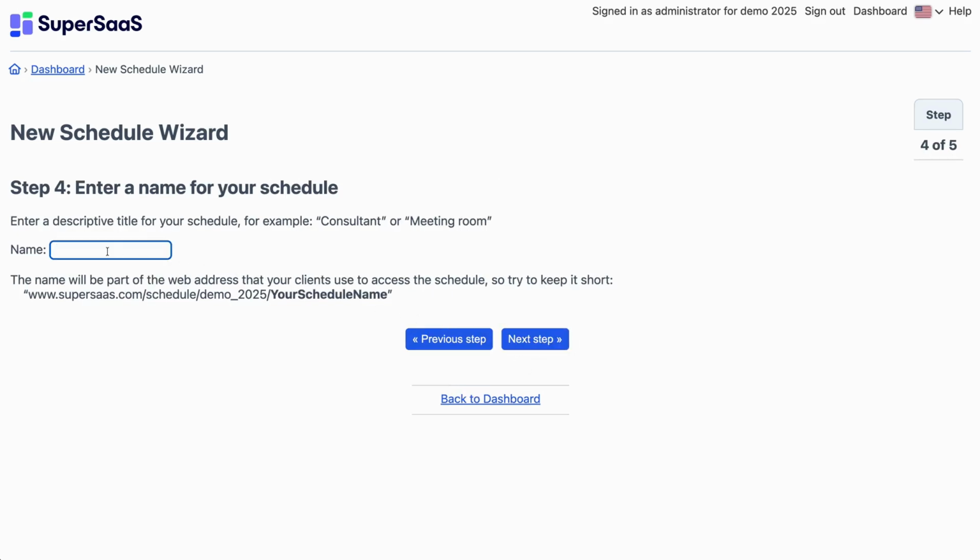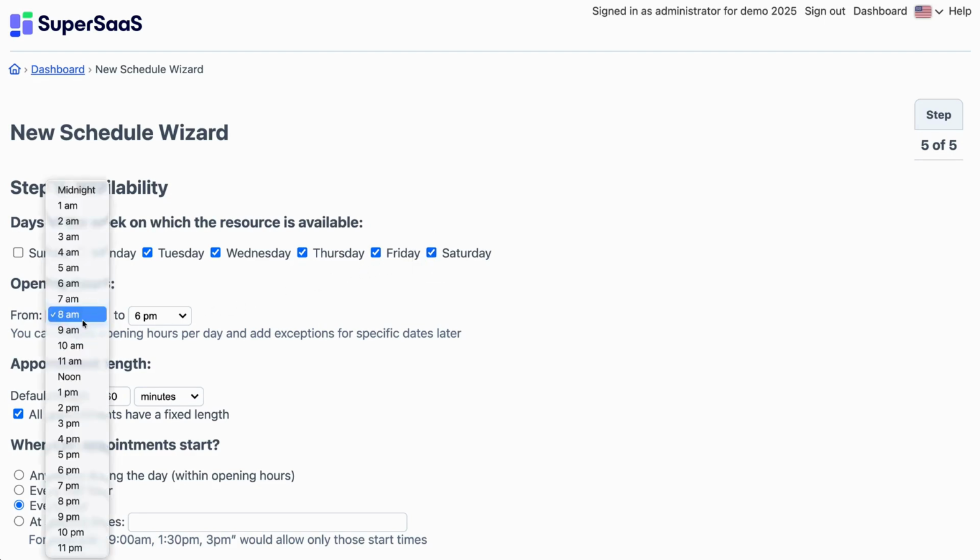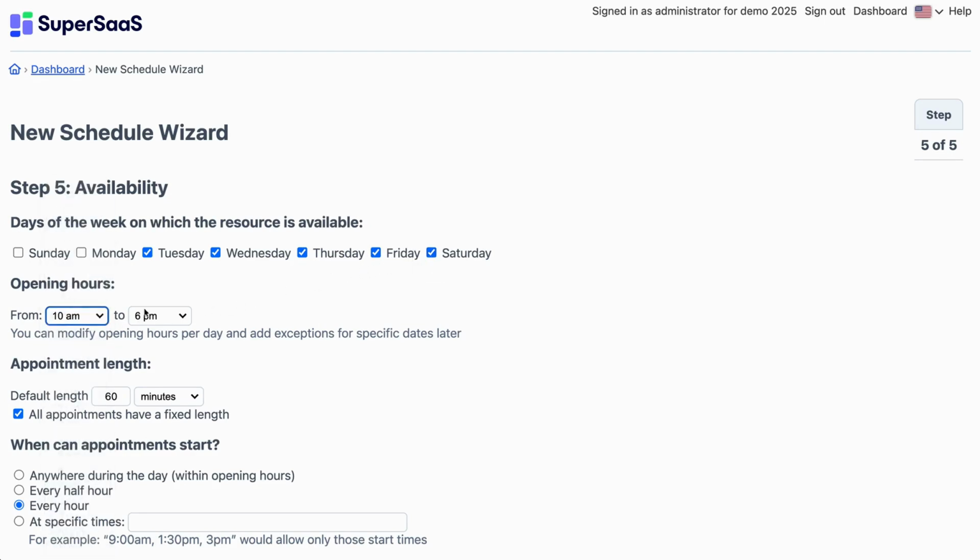Enter a name for your schedule. We use Schedule Kayla. Because clients will ultimately see the service schedule, with this schedule in the background, it doesn't really matter which name is used here. Now enter the days and time your first staff member is generally available. Like all settings, you can always change this later. Each staff member can also synchronize their schedule with their personal calendar to indicate their availability.